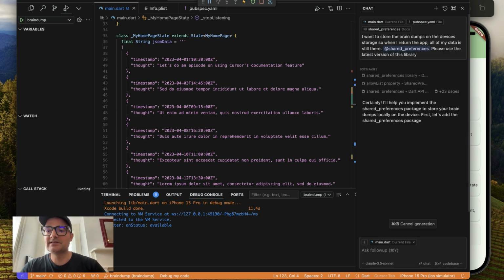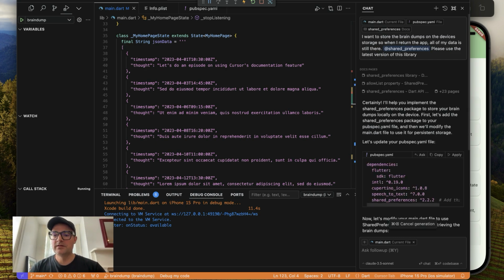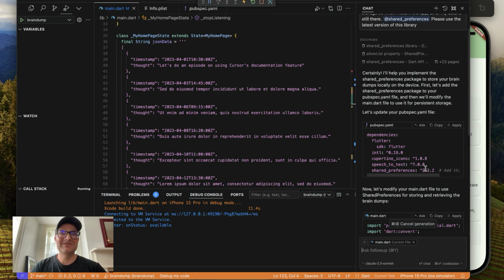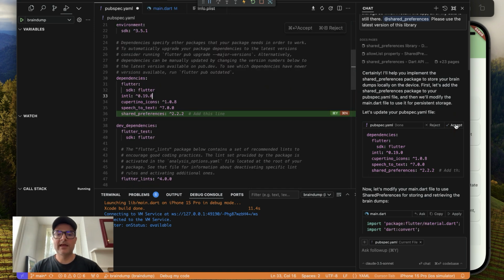Okay, so now it's getting to work here. And it's still doing 2.2.2. Okay, so this is something Cursor could improve upon, being more up to date. It's not too far in the past, but I always like to use the latest. So I'm going to go ahead and click Apply, and you'll see it actually opened up pubspec.yaml, which is great. But we know that the latest version is 2.3.2, so we're just going to override Cursor's recommendation and then